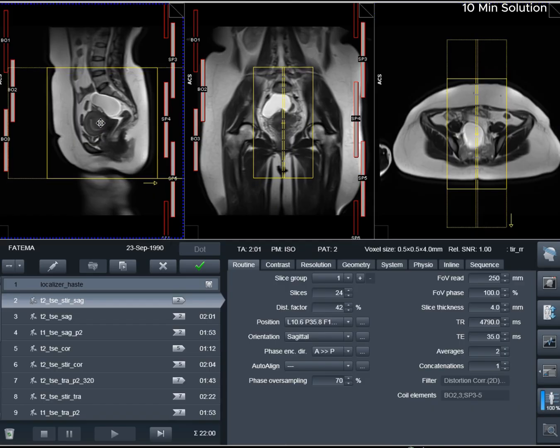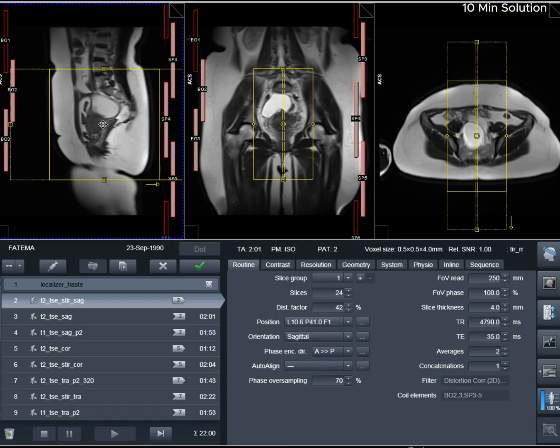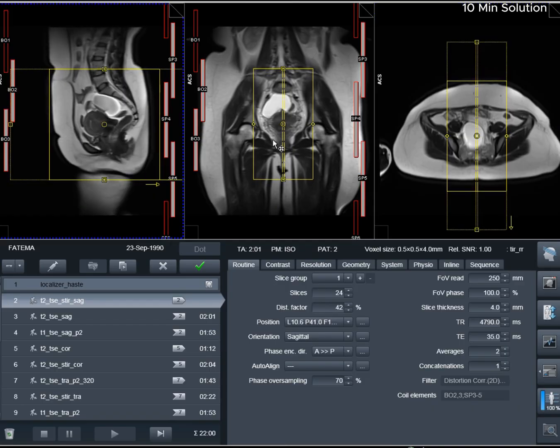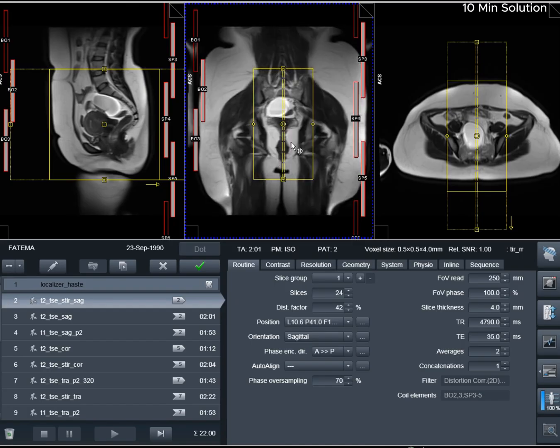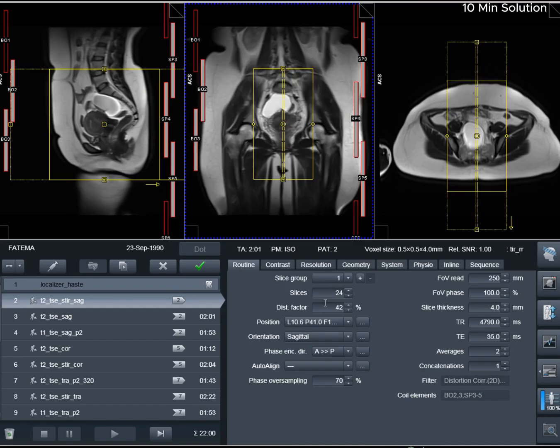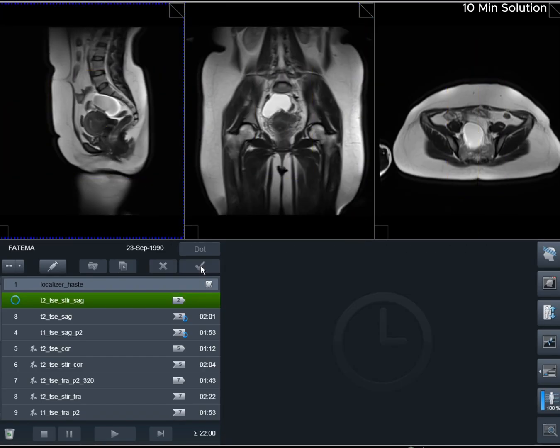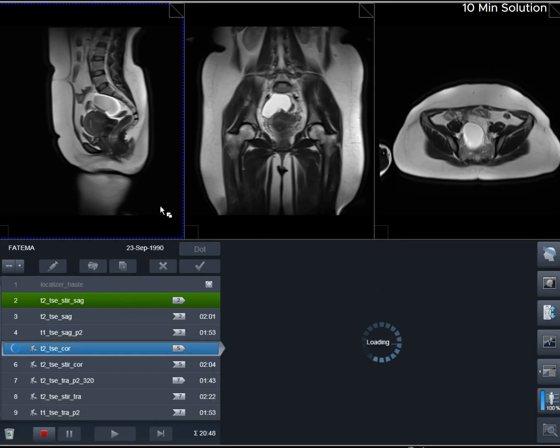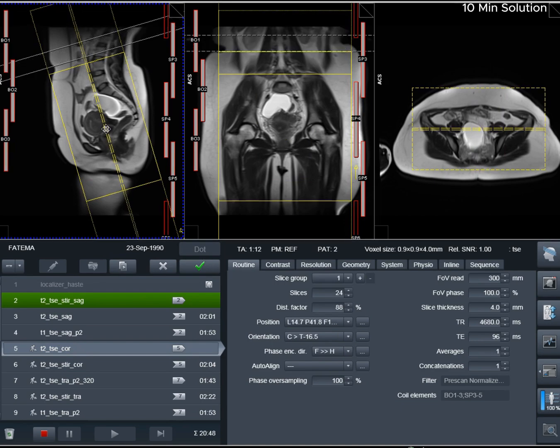To minimize artifacts caused by arterial pulsation, peristalsis and breathing, consider adding saturation bands on top and in front of the sagittal block. Ensure an adequate level of phase oversampling to prevent any wraparound artifacts. Due to the increased signal-to-noise ratio, SNR, in new generation scanners, motion artifacts can be